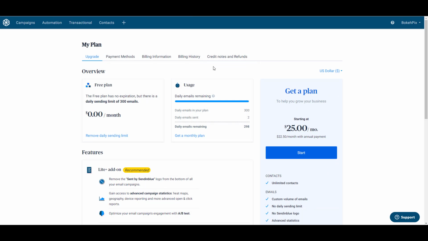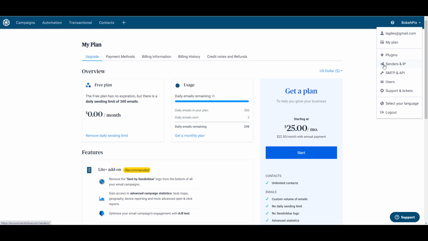We're going to look at SendInBlue. SendInBlue is an SMTP relay service. Notice that we've signed up using a free plan, which has a daily sending limit of 300 emails a day. Probably more than enough for our business, but if we ever want to upgrade, there are options for that. Now, in order to verify an email address, we have to go into our user panel and go